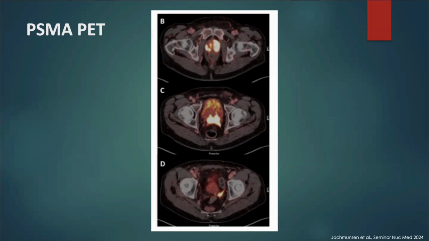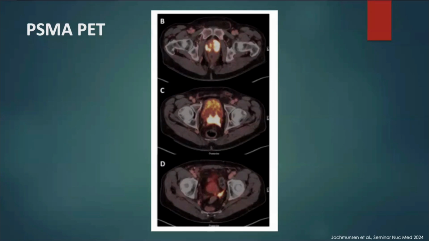I think it is coming into the guidelines, and as a result, I think it will become more standard of care, particularly in light of this trial, which showed that it's more accurate than conventional imaging, so CT and bone scan, for systemic disease. I think this hasn't translated into survival outcome yet, which is principally why it's not in the guidelines, and it also raises the question of what to do with false positives. Anyway, I'm rambling slightly about its role in systemic disease, but I think it does have a role in local